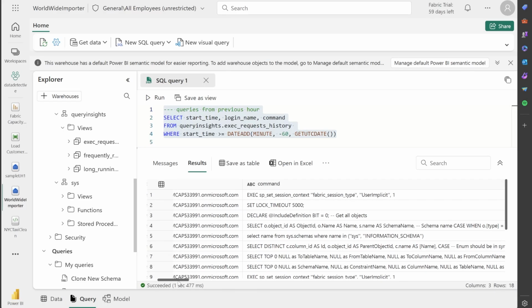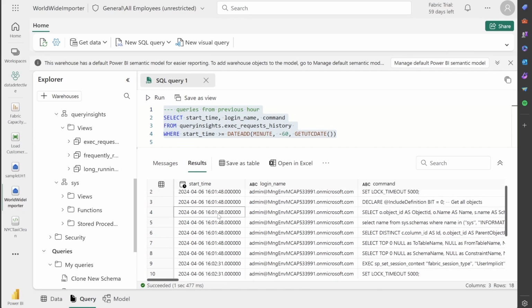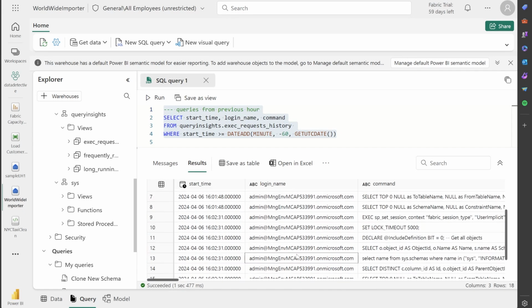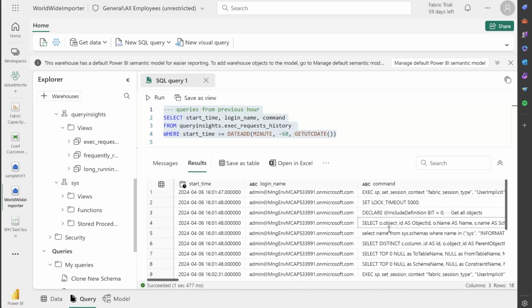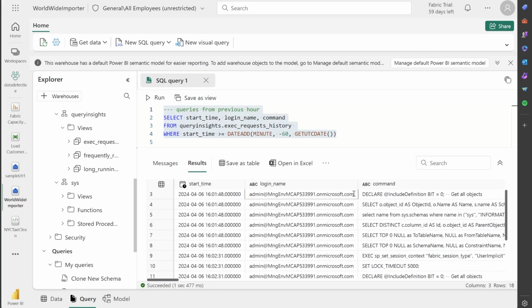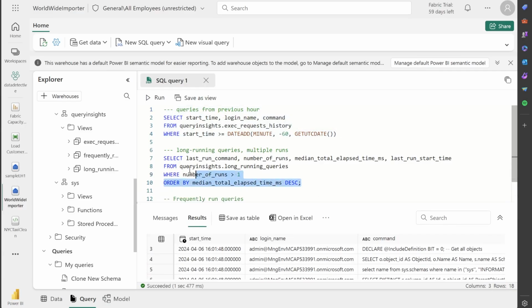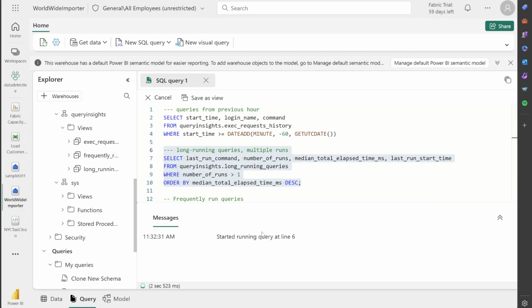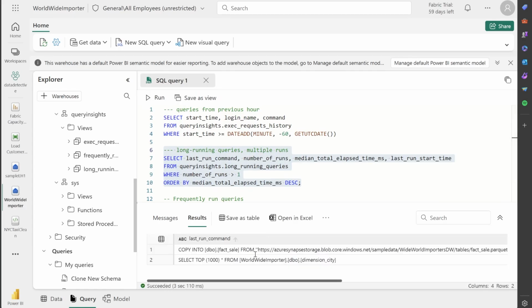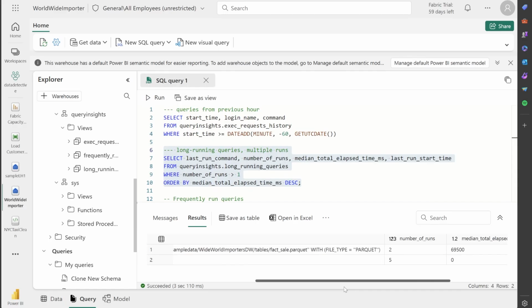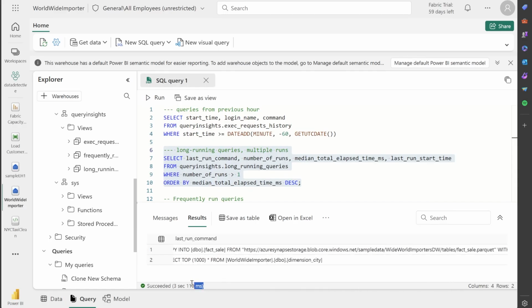So this is good information, right? I can see when the start time was, who did it. It's all me. And then obviously the command that took place here. I can also see how long it took, right? So here it's giving me